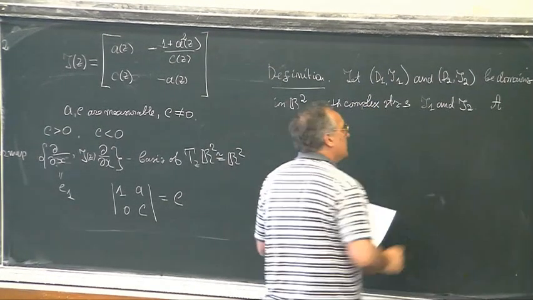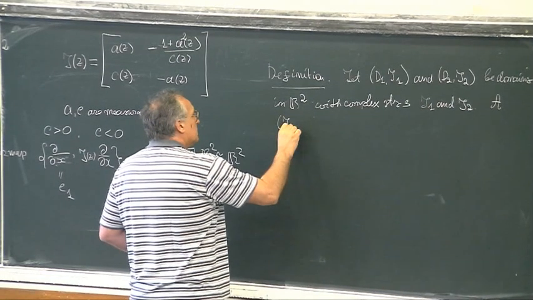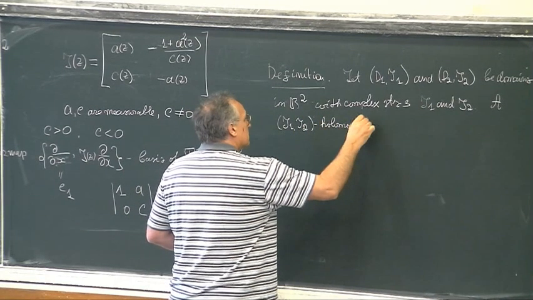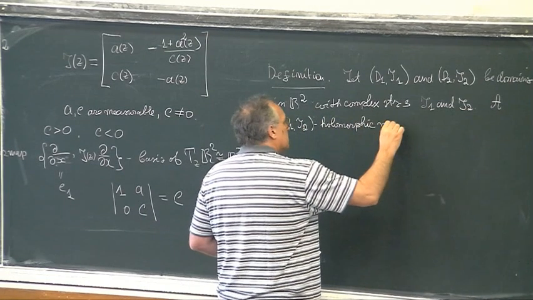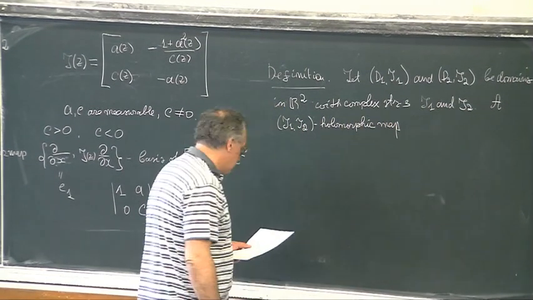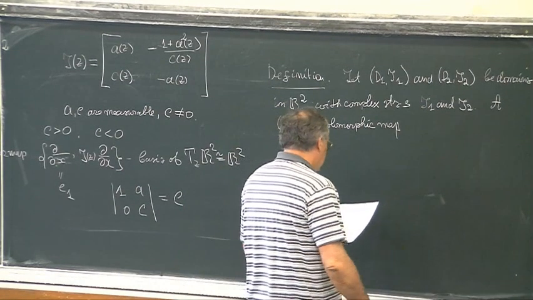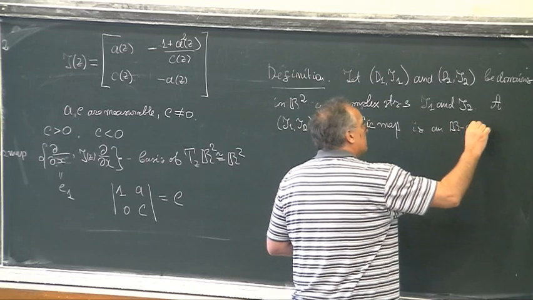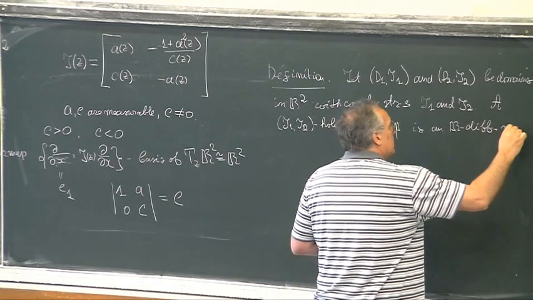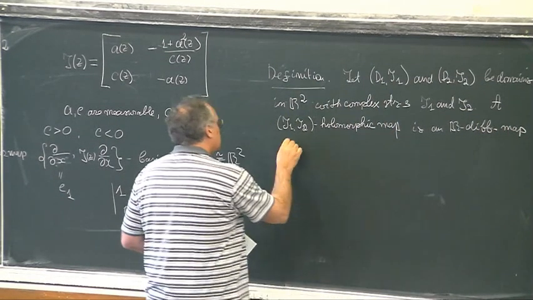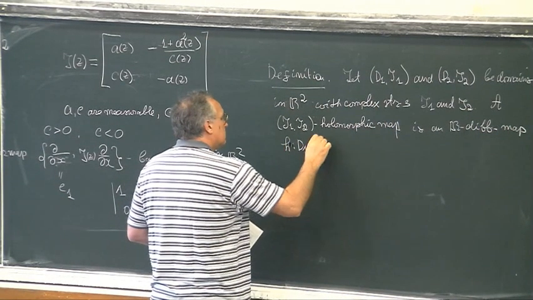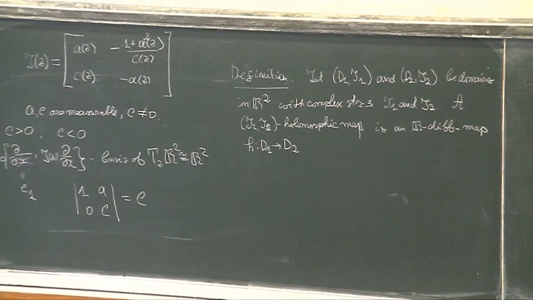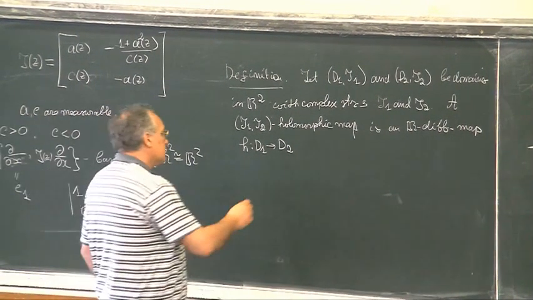A (J1, J2)-holomorphic map is an R-differentiable map H from D1 to D2 such that its differential commutes with complex structures, such that